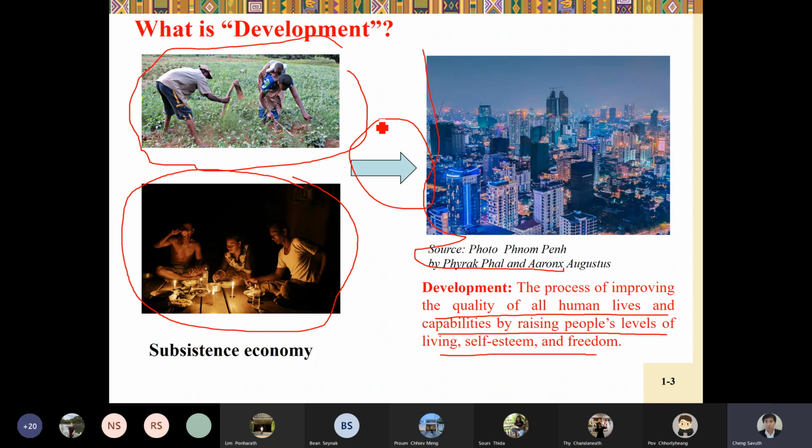Some countries can transform themselves to become high income economies. A good lesson would be countries like Singapore, South Korea, or even Japan, who are now high income economies. So they transformed themselves, and it takes time. You cannot do it in just 1 or 2 years. It takes time